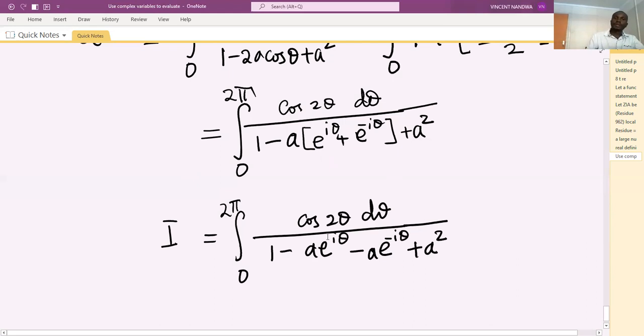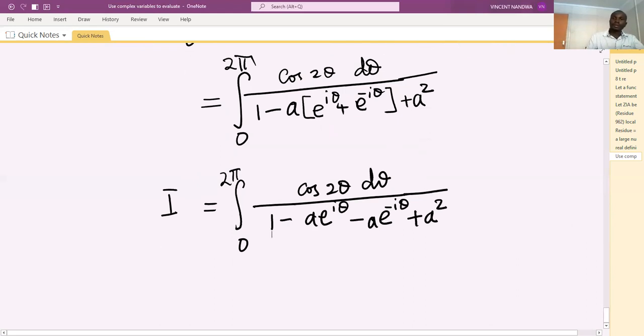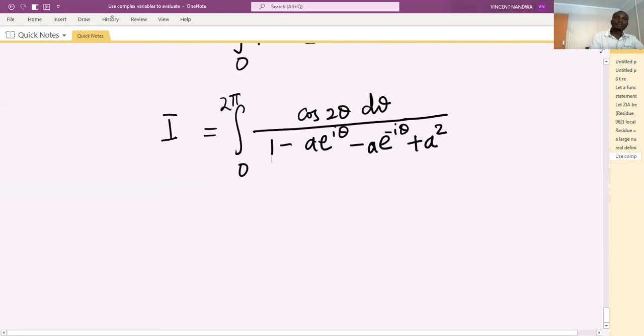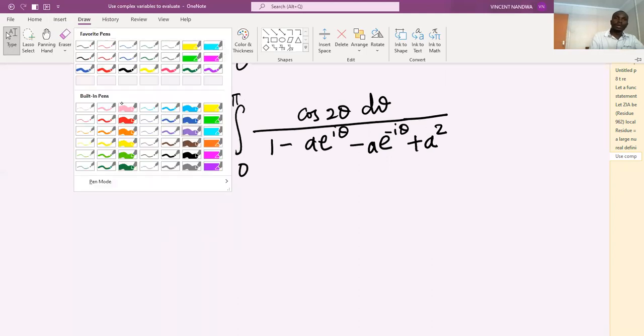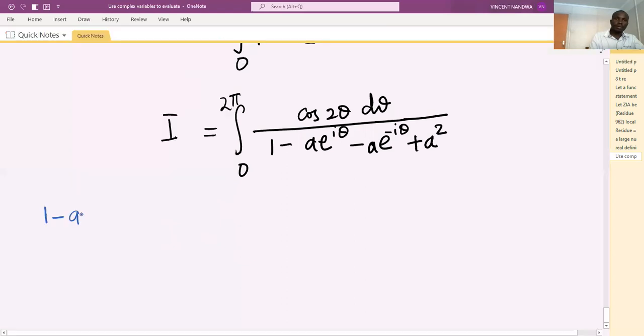Now you see the denominator, so this denominator can be written as,